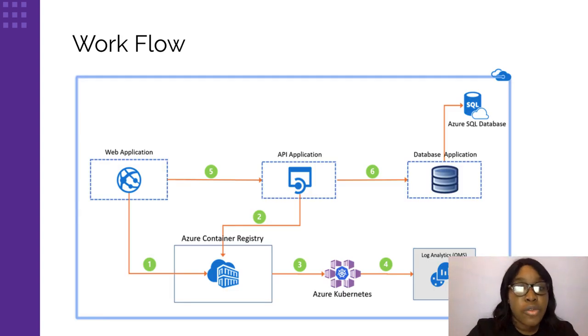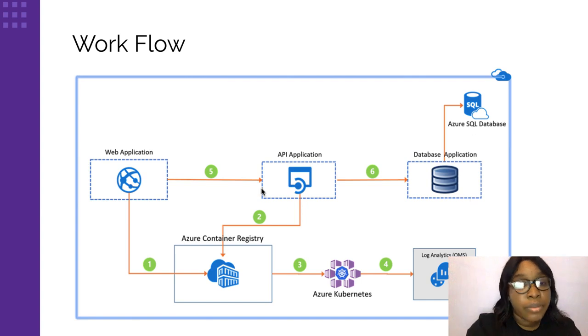So here's the workflow, and this is how you typically deploy your app, how it moves from just a basic normal app and you can run it from Azure Kubernetes. So we have our web app here, which speaks to our API application. It's like a regular front end. It speaks to an API. It can also be a web application that speaks to an external API, and then the API speaks to a database application, which in turn communicates with